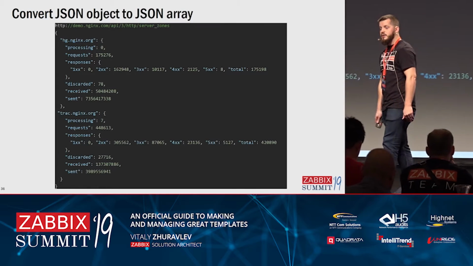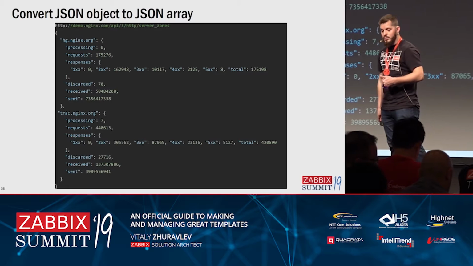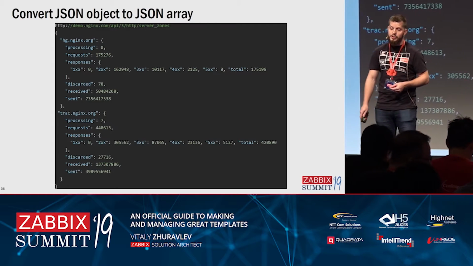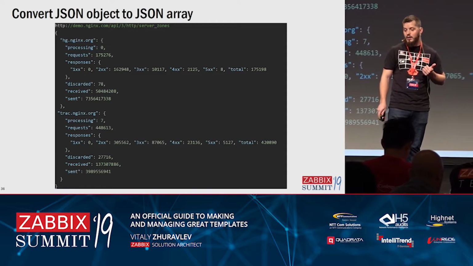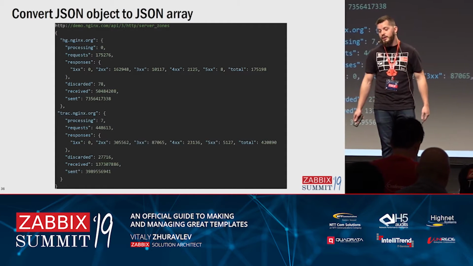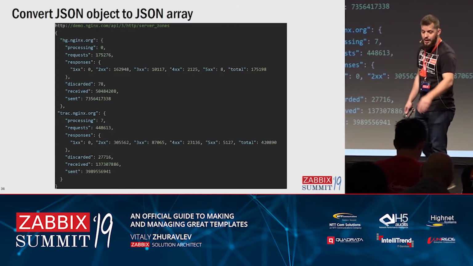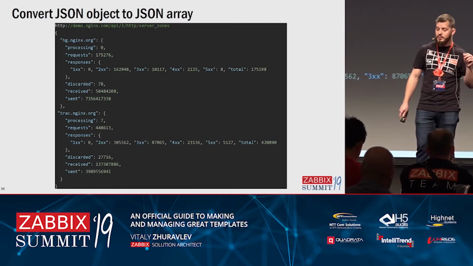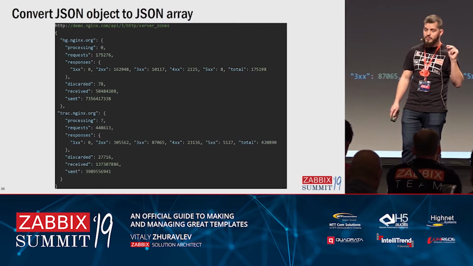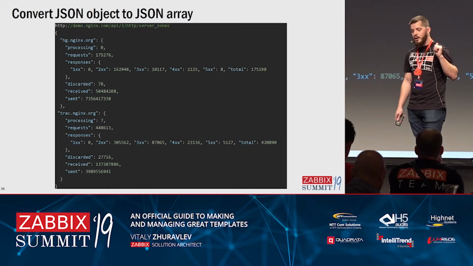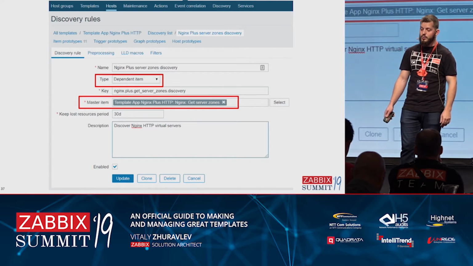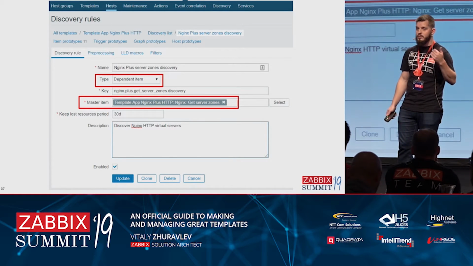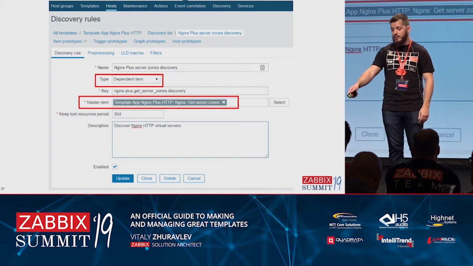If, for instance, your system in return gives you a JSON object, not a JSON array, like Nginx Plus does, there is no problem here as well. Here you can see HTTP, Nginx.org, and the second one, track, are server zones available on the Nginx. And you still can do discovery of such zones. No problem with that. First, you would create an HTTP agent that would give you such JSON, and then create a new